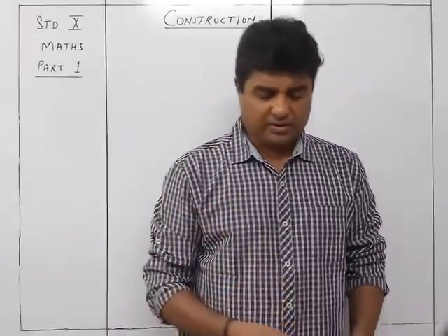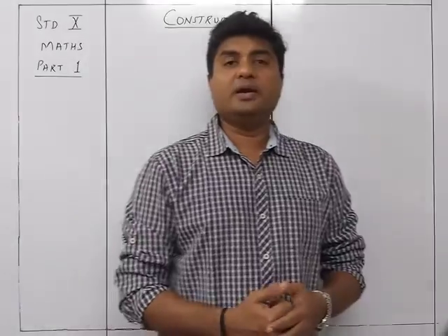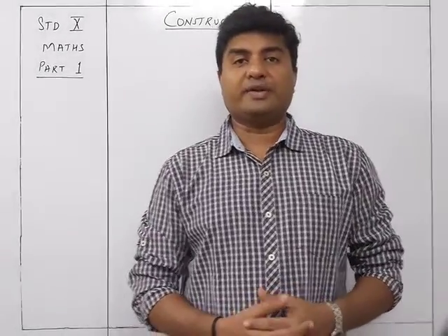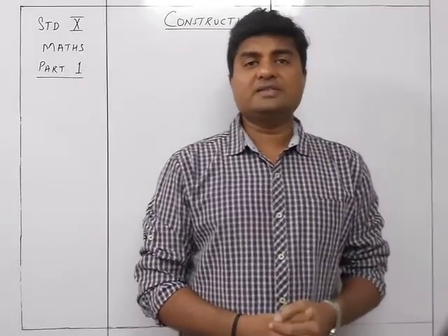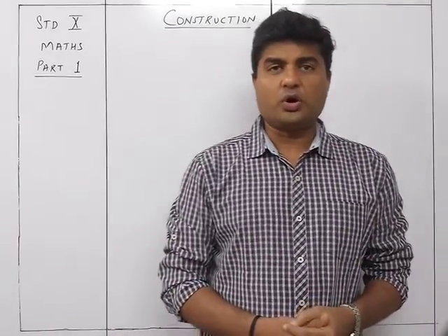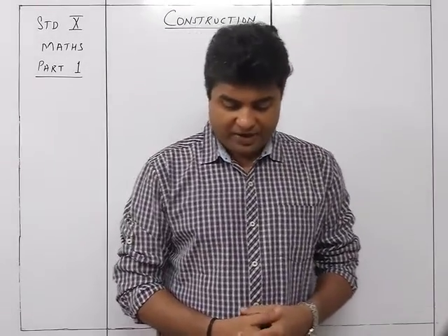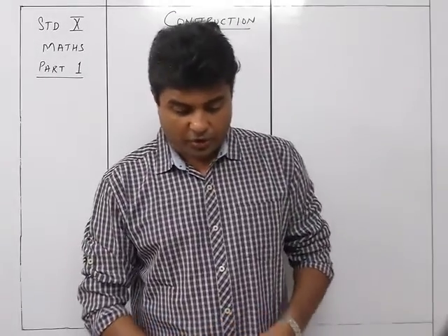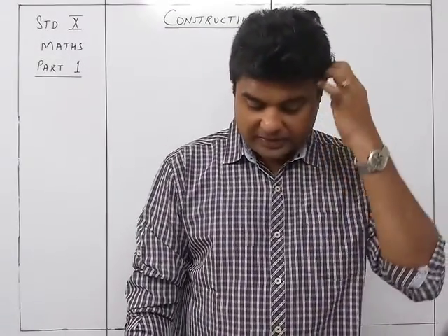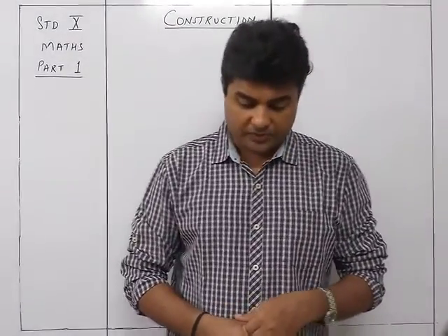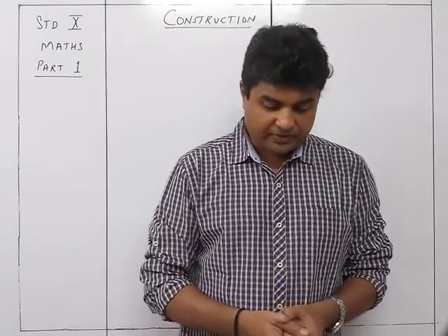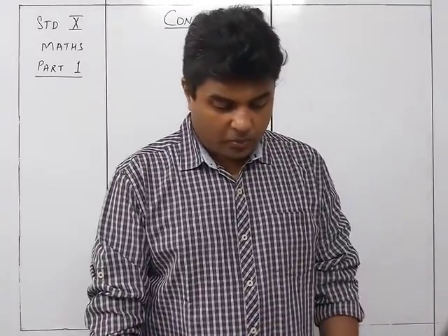Three things in fact. One is we'll be learning about the drawing of the tangents, and secondly about the incircle and circumcircles to be drawn to the triangles, and finally is the construction of hexagon. So these are the three things what we require in this particular chapter. Okay, so we go one by one.